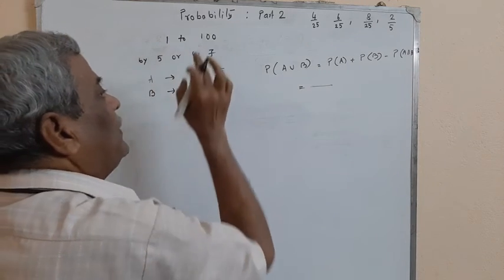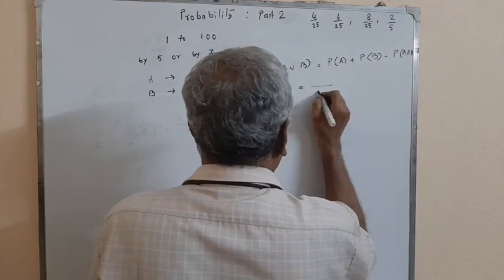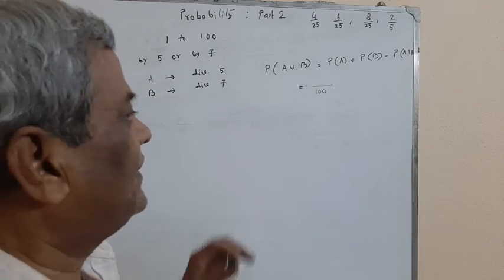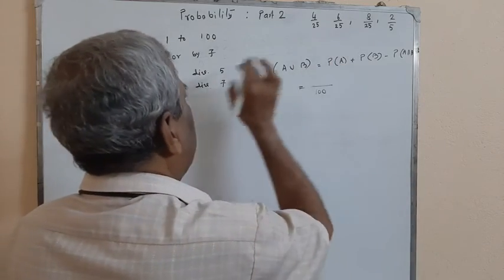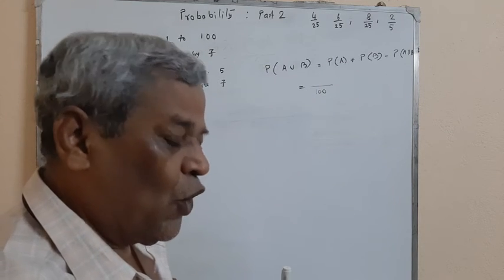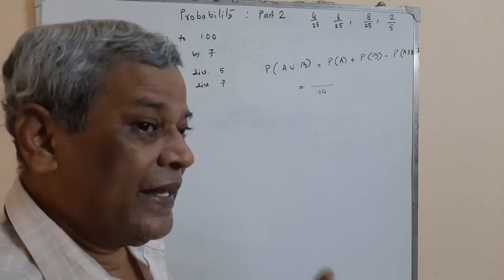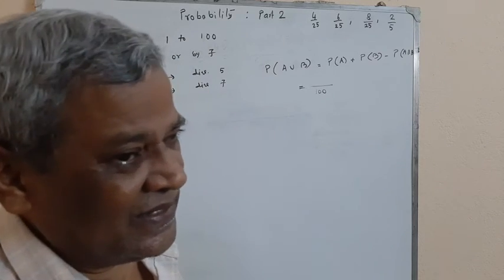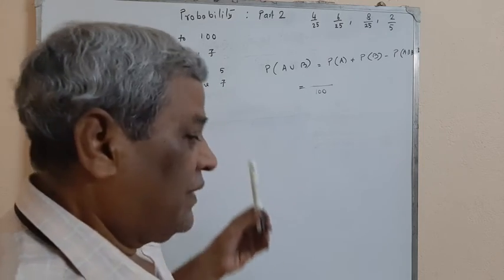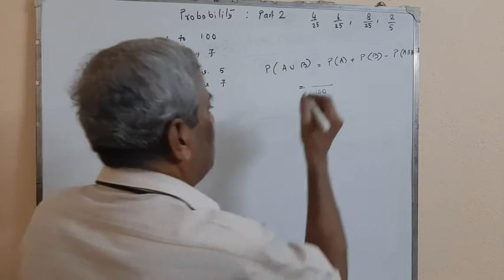From 1 to 100, we have to select one number. So sample space is 100. And favorable case should be divisible by 5, that is, it may be 5 or 10 or 15. This way there are 20 cases which favor this event because 100 by 5 is 20. So it is 20 by 100